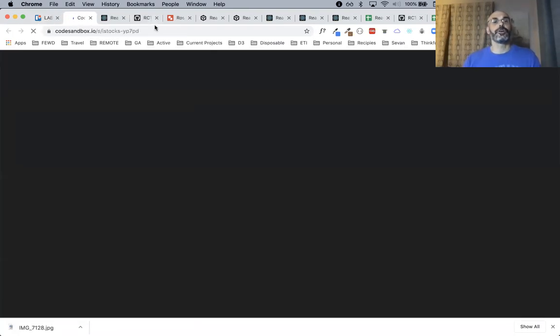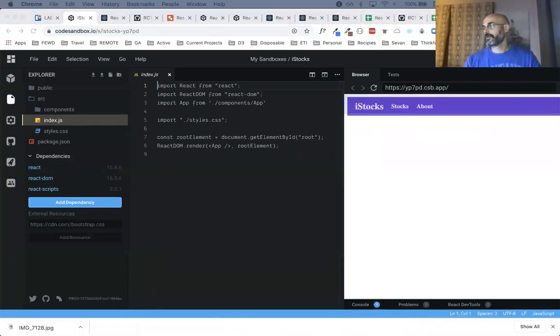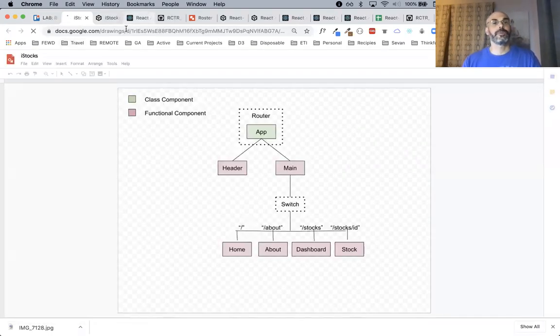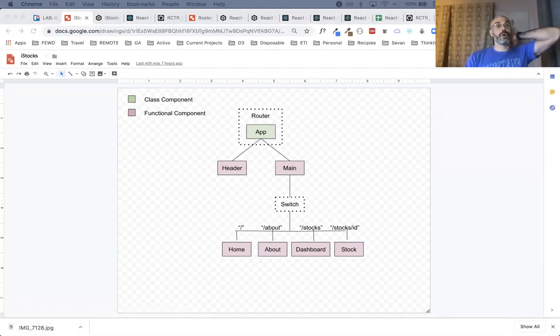Here's the starter code. Okay. That's the starter code. And the last thing is the architecture, which is why I refactored mine, because I want you to build yours almost identical to mine.